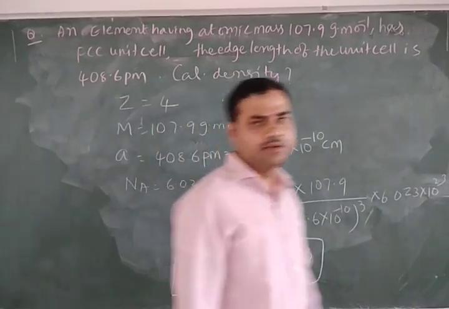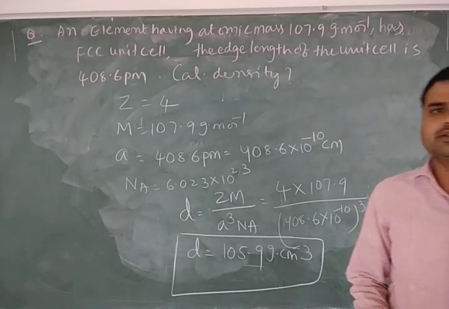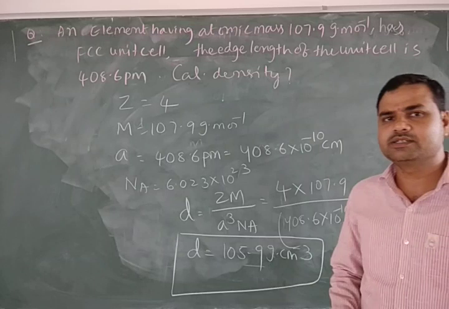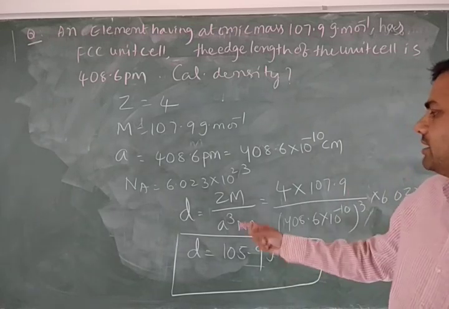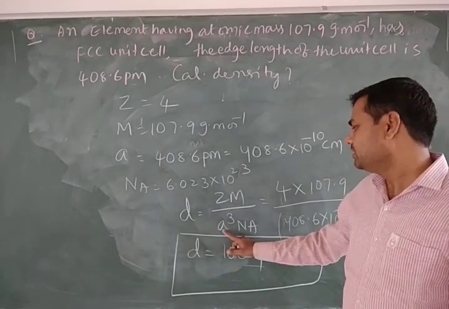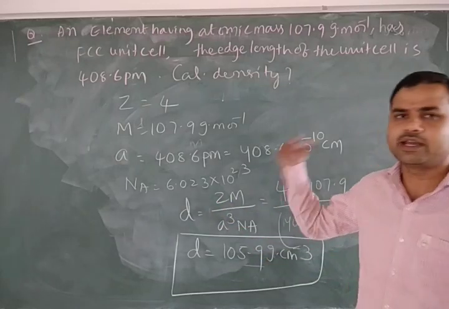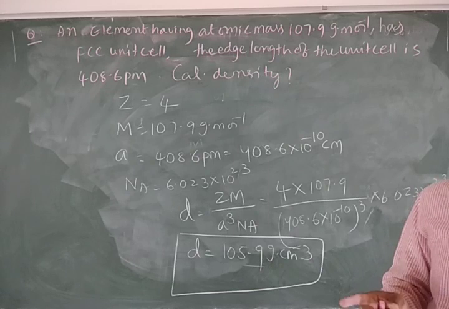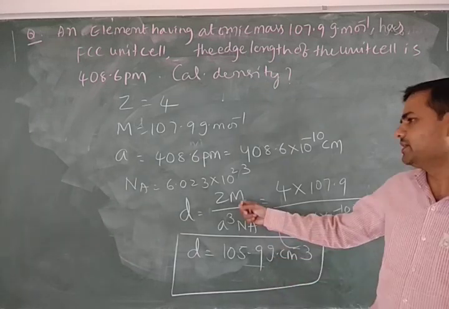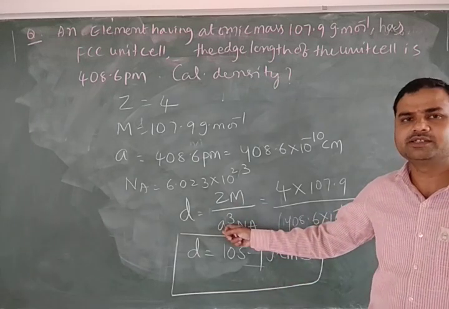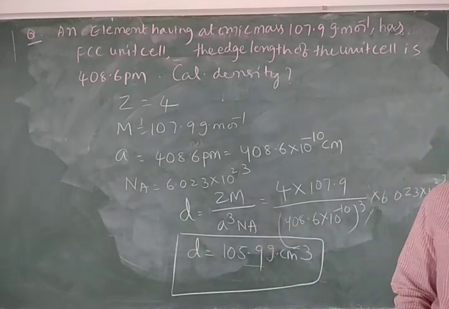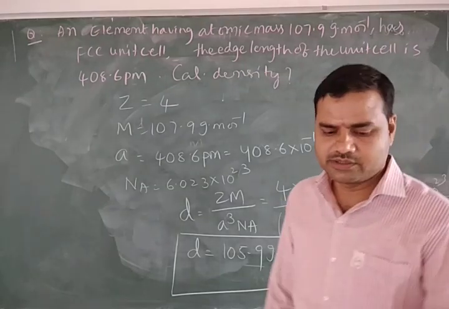It is very simple, and once you know the formula, it is very important, because in the theory examination they will definitely ask one question on this concept. So just remember the formula. Density is equal to Zm by A cube into Na. Z value we take based on the question: simple cubic 1, face centered 4, body centered 2. M value will be given, edge length will be given, and then you make it A cube. Na is the Avogadro number 6.023 into 10 power 23. I will give some more questions and you can solve them.